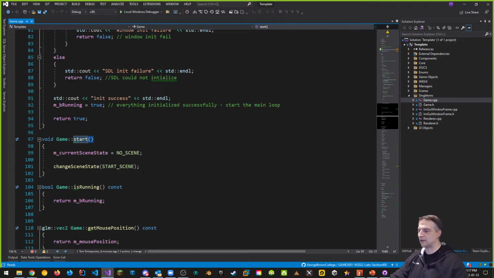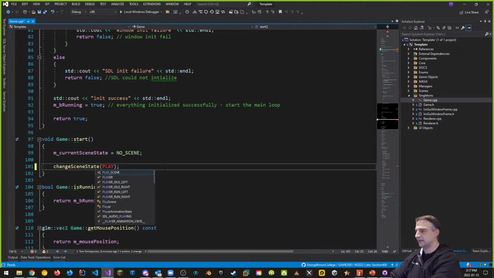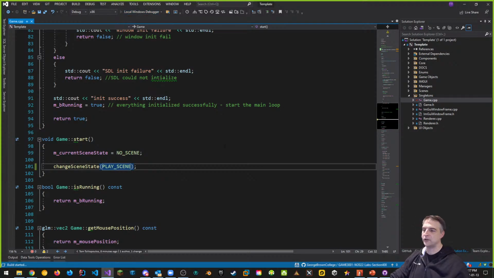It says change the start scene to the play scene. So how do I do that? If you guys are following along, how do I change the start scene to the play scene? What do I change? Come on, guys, help me out. Change scene state. Okay, yeah, we're here. Then what do I do? It's pretty simple, actually. Put the play scene in. Exactly what we do. So we go play scene. And when I do that and run everything, you can see that when it finishes building,